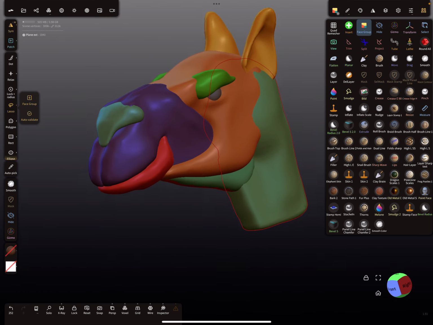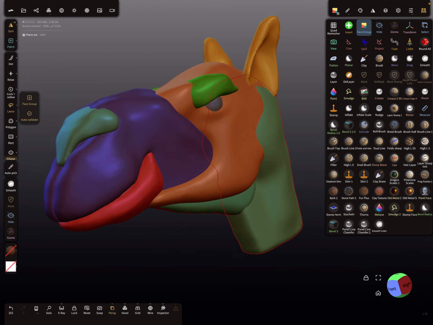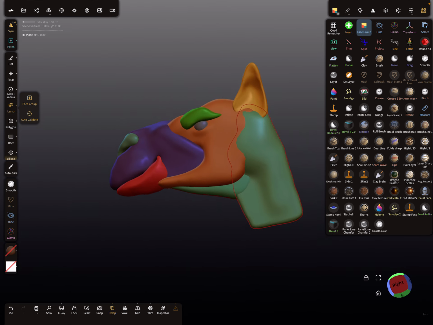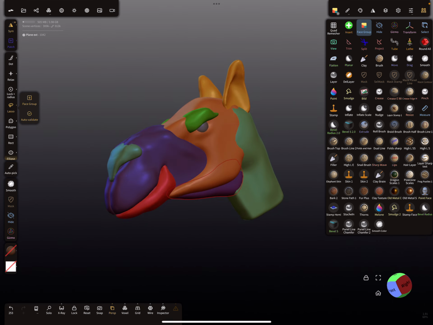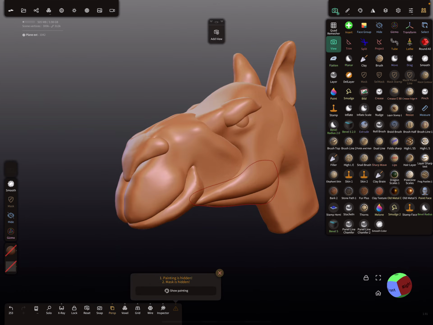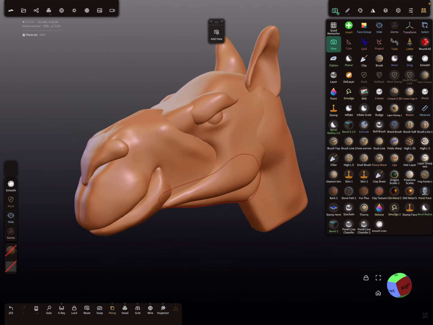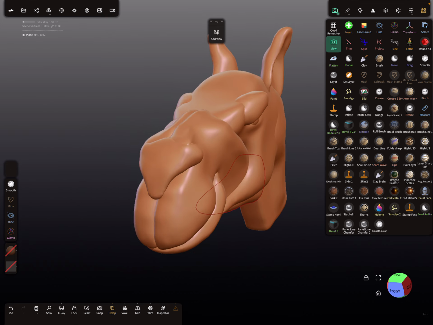So, and I think from the image here, it's okay to see that it becomes, yeah, animal. I hope so. So, and at the end you can voxel remesh it or do what you like with it,